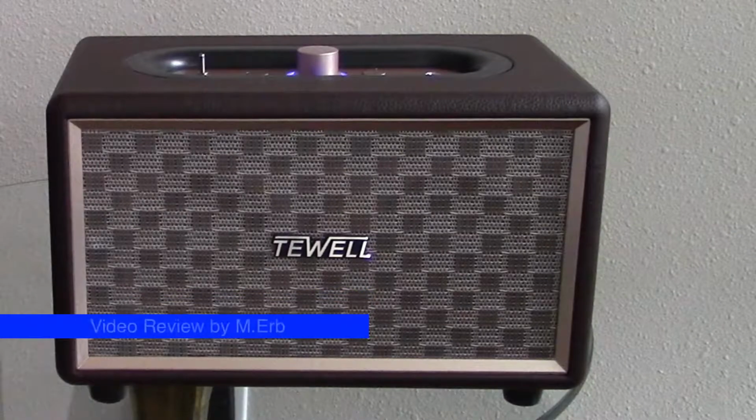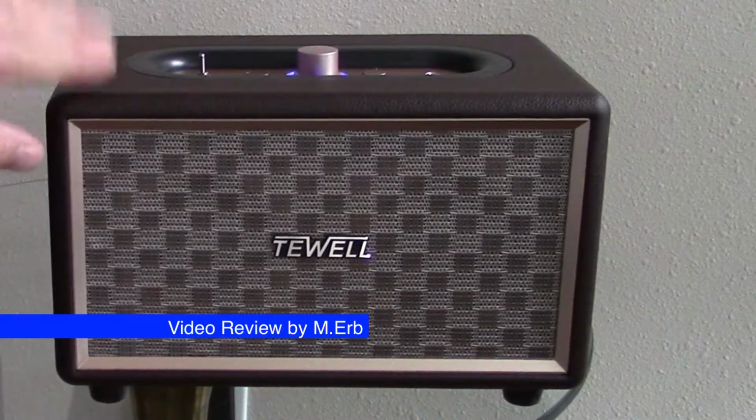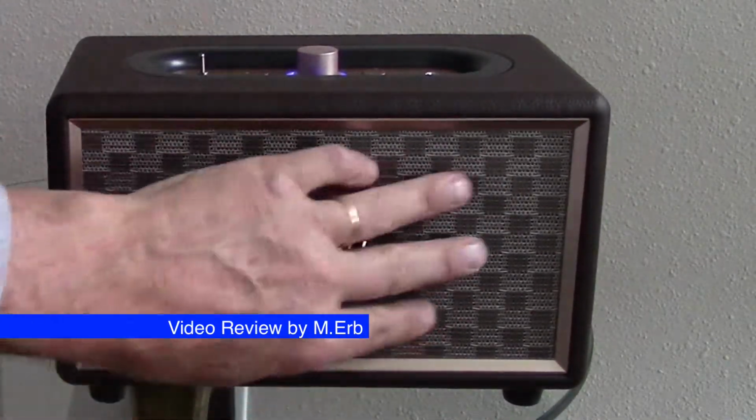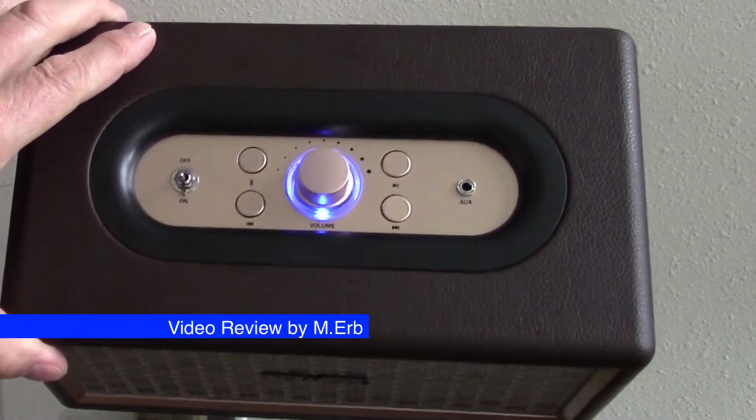Hey guys, it's Michael, and today I'm reviewing the Tewell RetroRock Bluetooth speaker. This is a pretty cool looking speaker for sure. It has a cloth grill, a leather-like look to it, and an attractive looking control panel